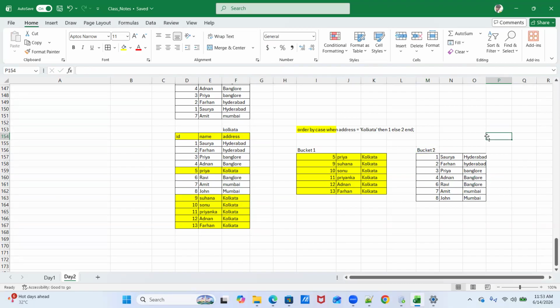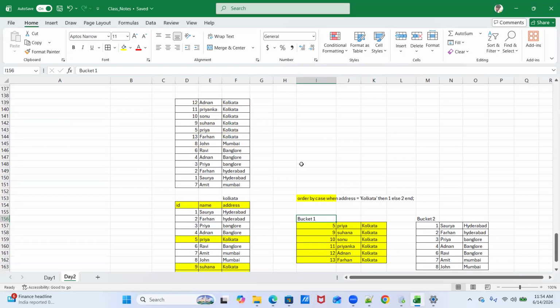Now you're saying I want bucket one at top, then I want bucket two records. And I'm not concerned about the order. I'm just concerned that Kolkata records should be at top, in whatever order. So in a similar way, we were getting the records over here. Don't try to look at any other column, like why 12 first, then 11, then 10, then 13.